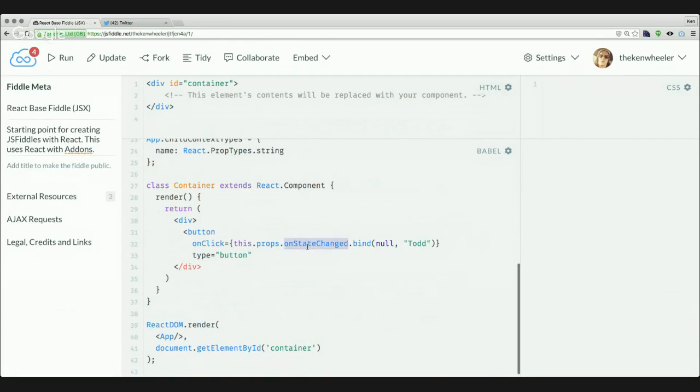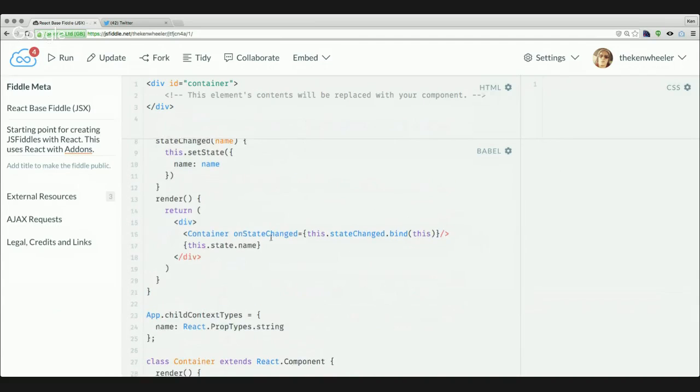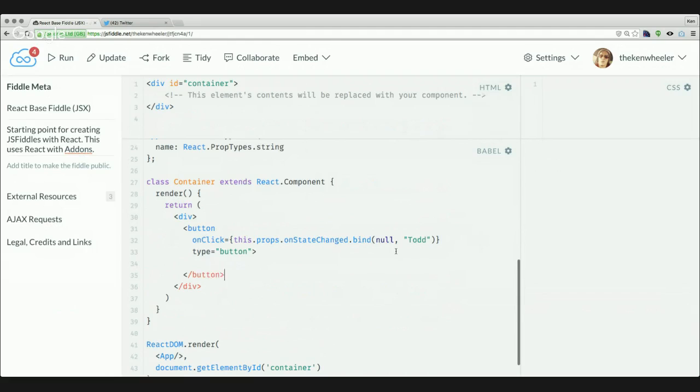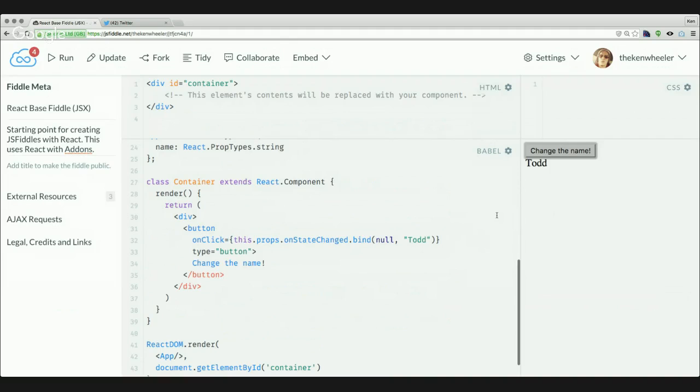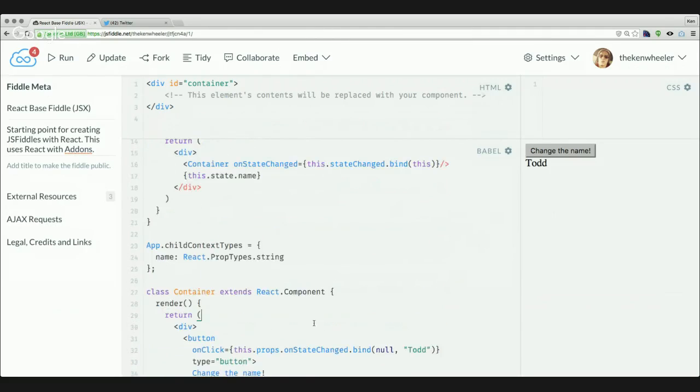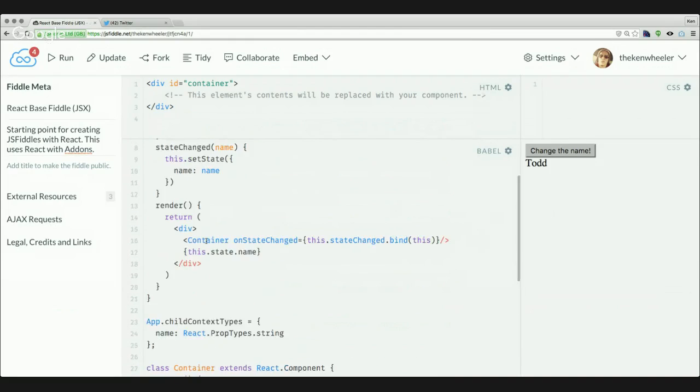So this will pass this back up. So I already have onStateChanged over here bound, right? So I'm saying this.props.onStateChanged null, and I'm binding the argument as Todd. So it's going to change from Ken to Todd, right? Here, right? Change to better name. Change to a phenomenal name, right? Yeah, and that's how that's done, right? You can very easily pass data like this up the chain here, so that this has this API to call one of your methods here. Generally speaking, in this scenario,